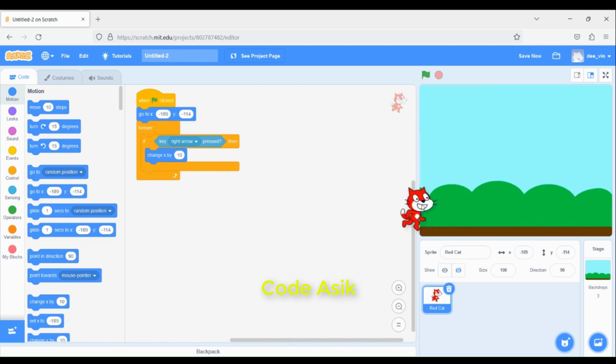Let's execute it with the green flag. The cat is moving to the right.